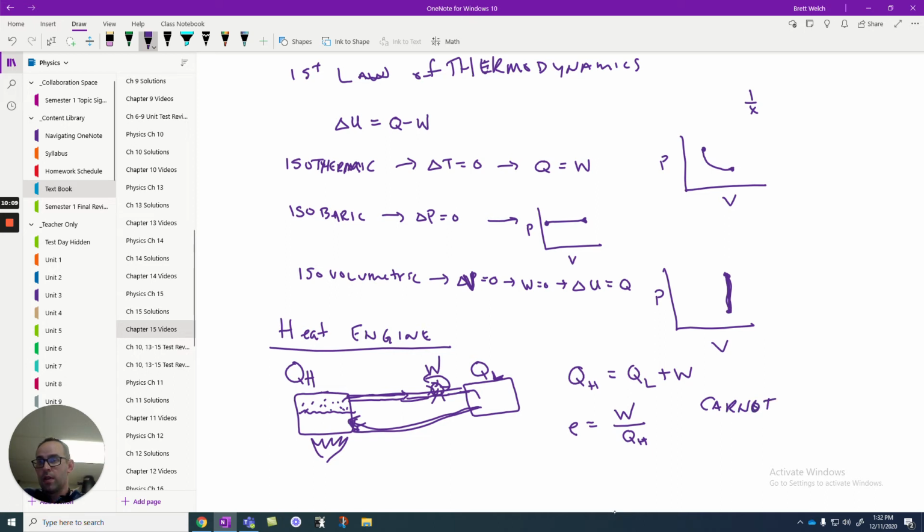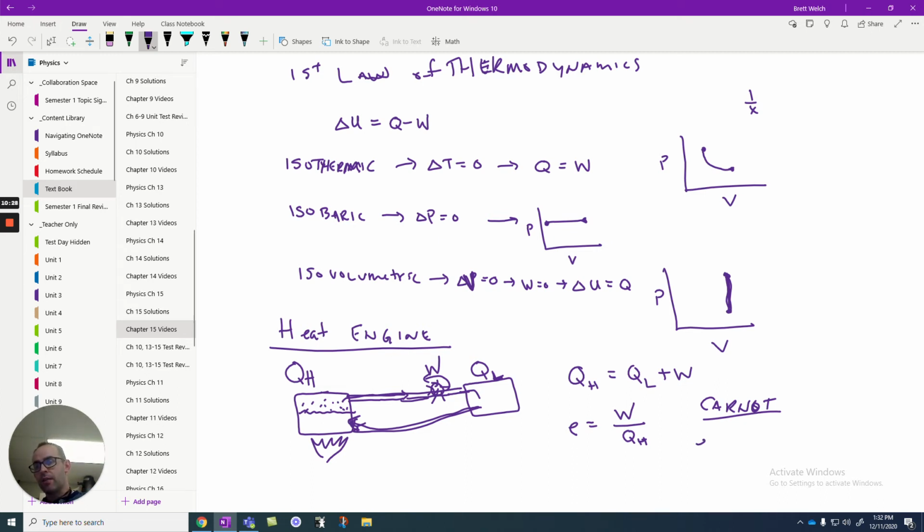It's Sadi Carnot, who wanted to understand and predict how perfect we could get a heat engine to be. Is there a way to get it to maximum efficiency? And he developed what's called a Carnot engine. It was a theoretical engine, it doesn't exist, but he wanted to get it to its best case scenario.